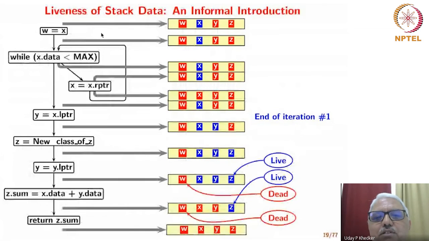So we need to iterate over the program. We need to traverse the program once again and find out if the values change anywhere else. And we observe that here in the second iteration, this is the only place where the value changes. Now, if we were to compute it any number of times, the values will not change any further. So this is how we perform live variable analysis. Okay. We will see more formally how this is achieved. This is just an informal introduction.